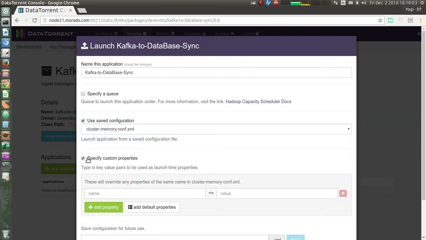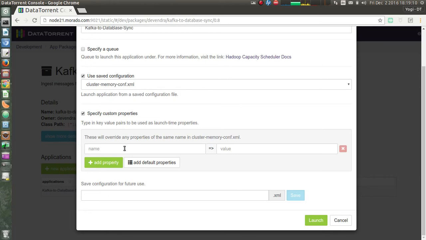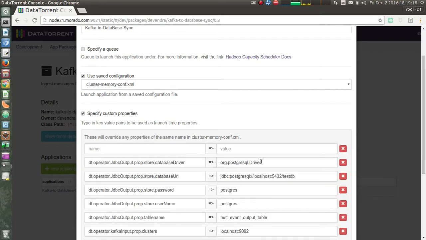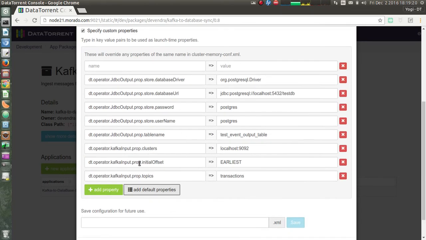The next option is to specify custom properties. Let's select this option. It opens up the properties editor for this app template. To expand the properties editor, we click on add default properties. It shows the list of mandatory properties for this app template. In this case, since we are reading from Kafka, it asks for some properties from Kafka.